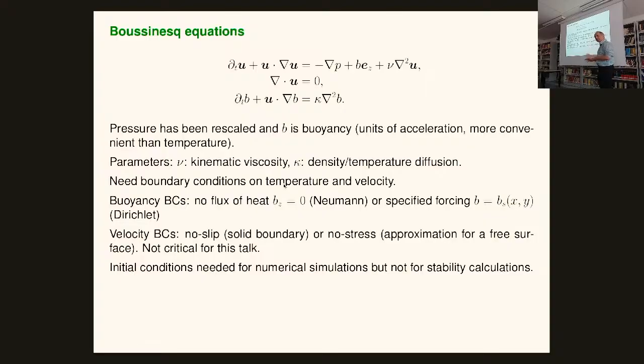And then for the mathematicians, I spoke about the boundary conditions. So the velocity boundary conditions are not too important for this discussion. What's quite important are the heat or the buoyancy boundary conditions. And I'll talk more about this. But you can think about either specifying the flux of heat through the boundary, which would be proportional to the vertical gradient of B or the normal gradient of B, if you prefer. Or you could specify forcing at a boundary. And we'll see that this is typical of horizontal convection, and that this is a very interesting thing to do, or to talk about the value of this gradient for the problems I'm interested in.